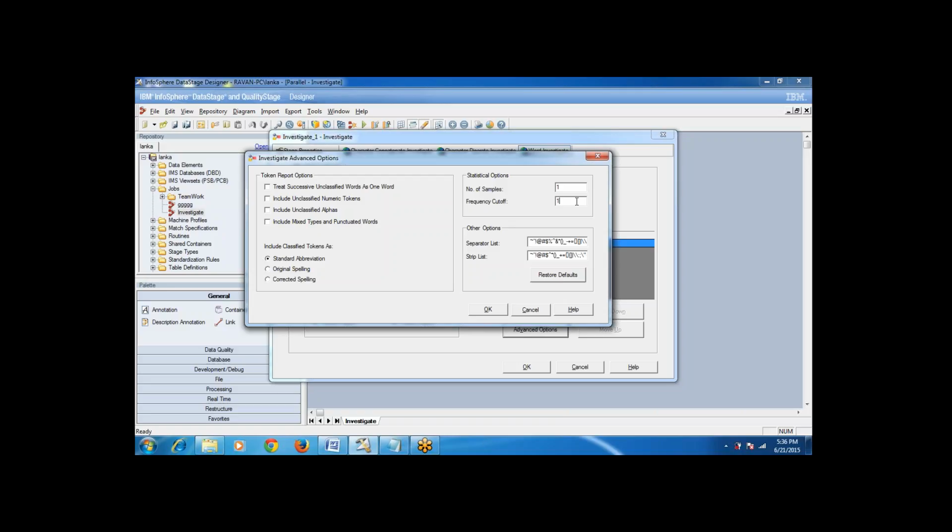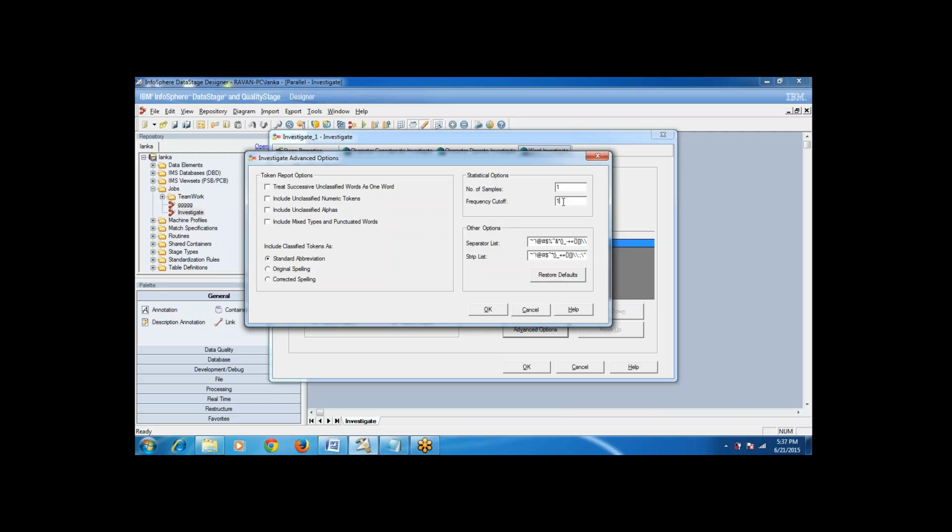For example, consider the name XYZ, and if you have 5 records matching this pattern and you put a cutoff value of 5, then we will see only the XYZ pattern, and there might be a few other patterns with 2 or 3 records. Based on the frequency you specify, 2 or 3, it will show you the output.